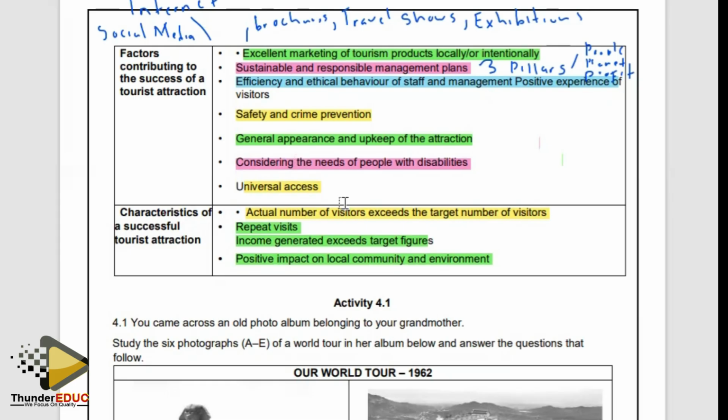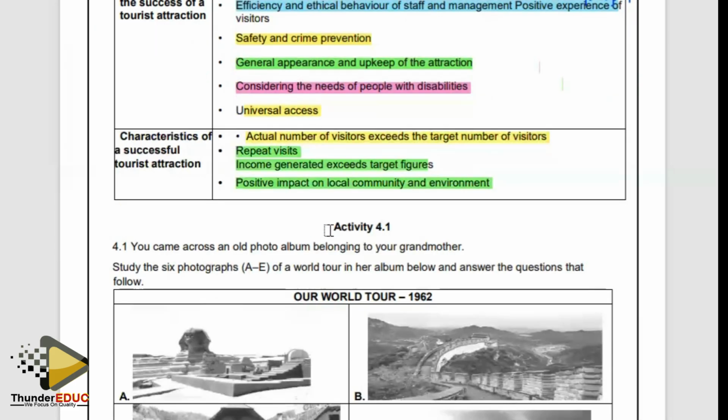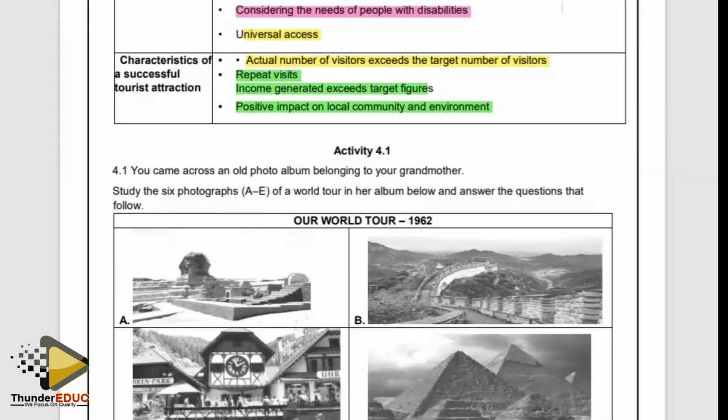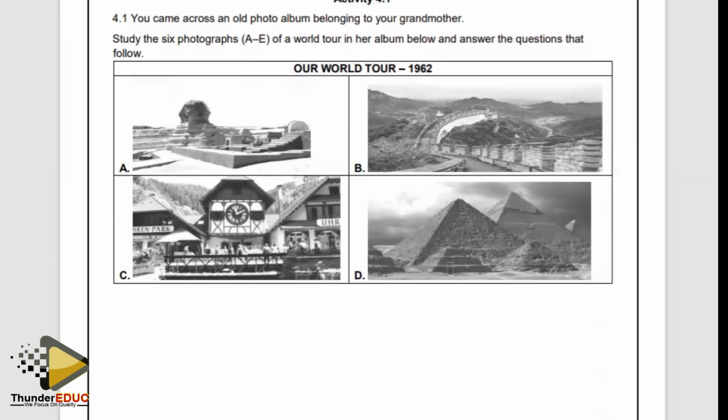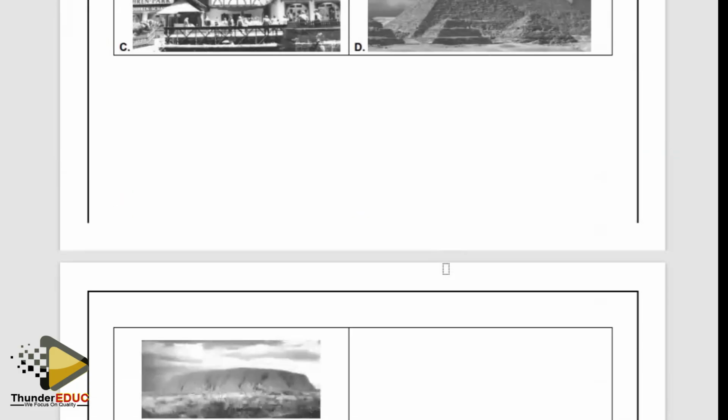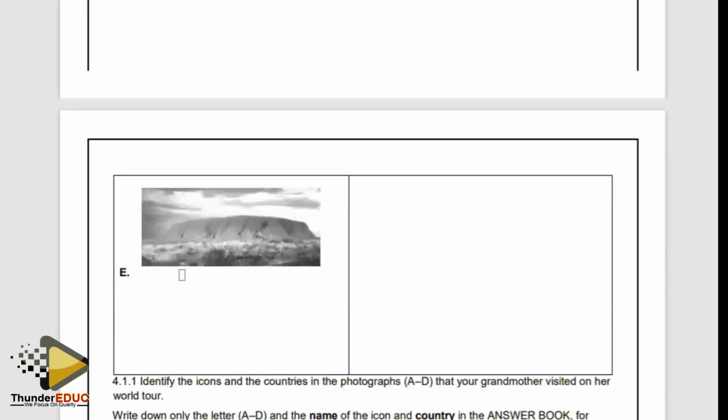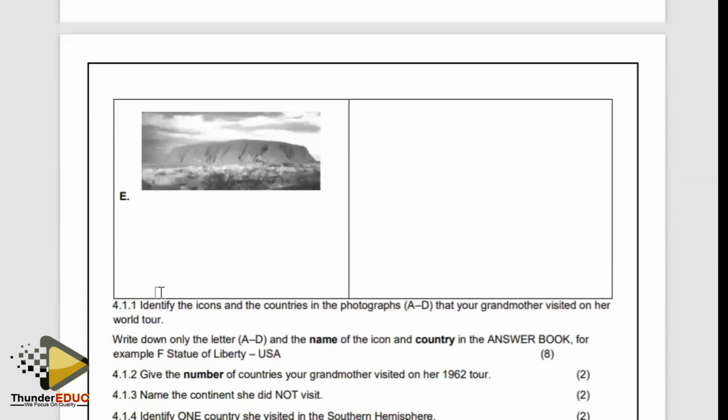So now moving on to the actual examination questions themselves, practice questions. We are going to start with activity number 4.1. It reads, you came across an old photo album belonging to your grandmother. Study the 6 photographs from A to E of a world tour in your album below and answer the questions that follow. It reads, our world tour 1962. So we have icon A up until icon D. Then moving on up until E, we also have E at the bottom. So the question reads,